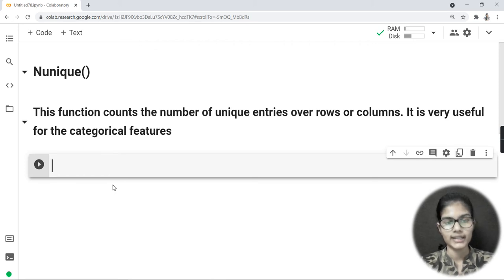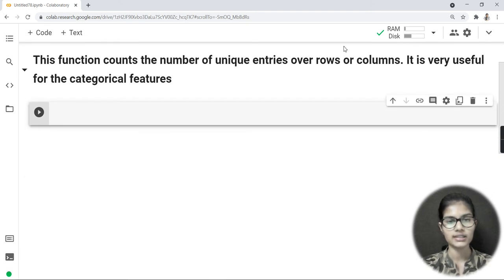Whatever data you are taking, if it consists of categorical values, in the sense that it consists of columns which have characters, strings, or words, these are called the categorical features. So this is the function that is very useful for the categorical features.